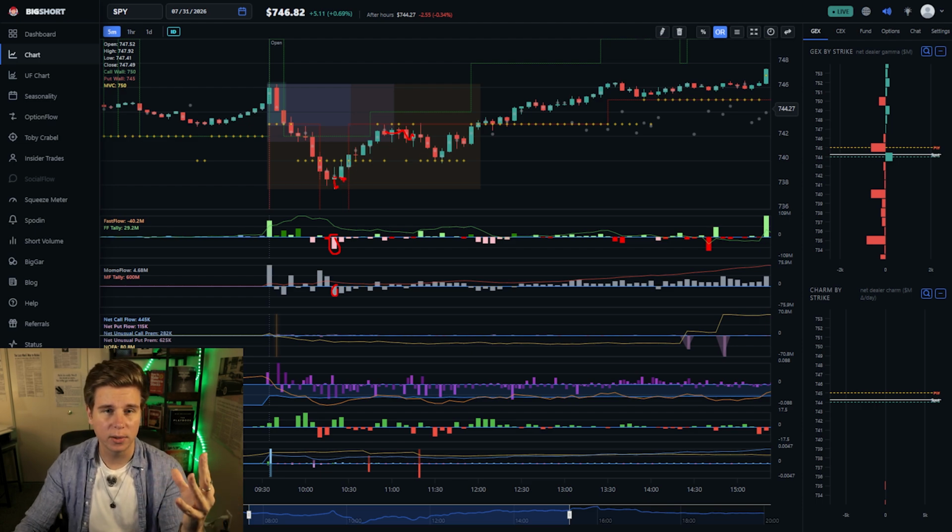So you enter here, and what you look for is the flow or the indicators of BigShort to go against you. So for example, if your entry criteria was, okay, Momo is selling, and Momo buying seemed to be bearish, so now Momo selling is probably going to be bullish. So you go until you see a candle where Momo is buying, or until price action obviously goes against you. So you could go until this candle here, and then you could either potentially exit on there,